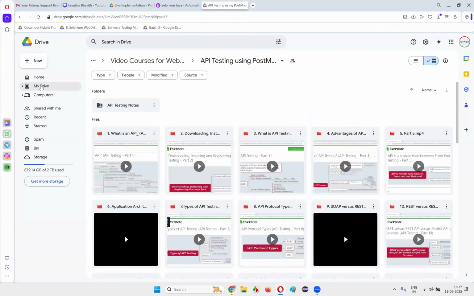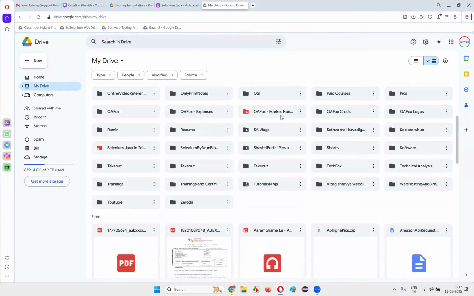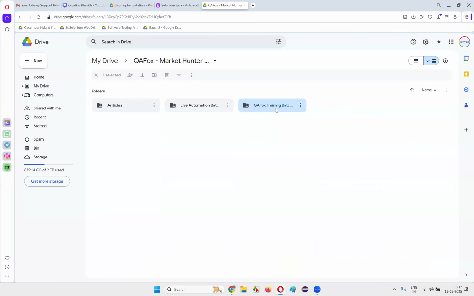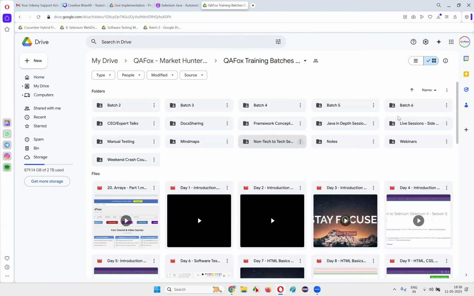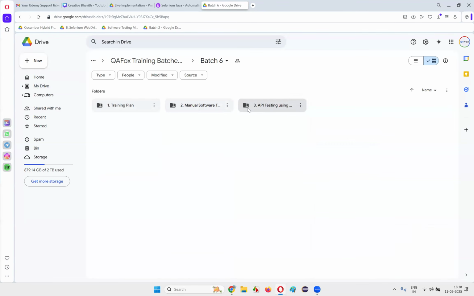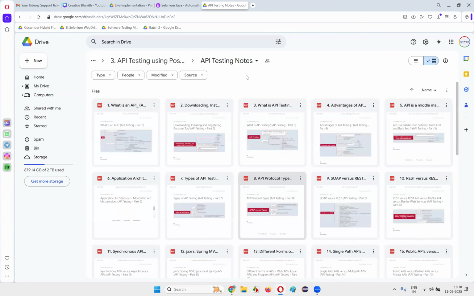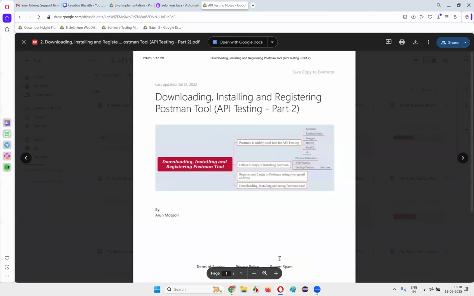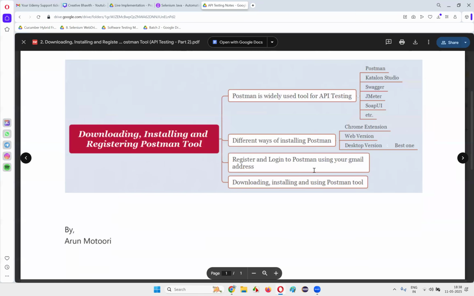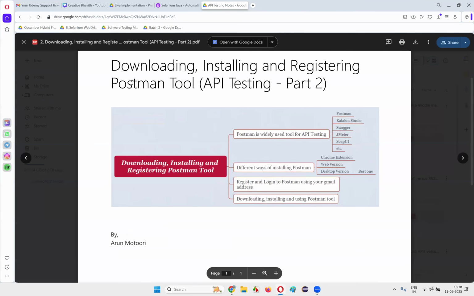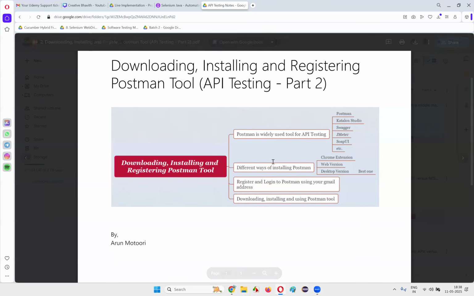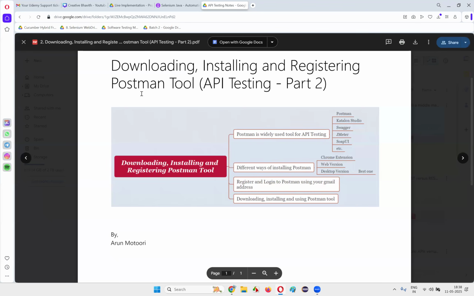So here is the thing. Let me go to our drive. We are in batch 6 and I am training you on API testing, and these are the notes we are using for reference. While I am teaching this, we are using these notes as a reference. Let me open these notes. Today what we are going to do is start performing API testing. I'm going to show you how to download, install, register and log in to the Postman